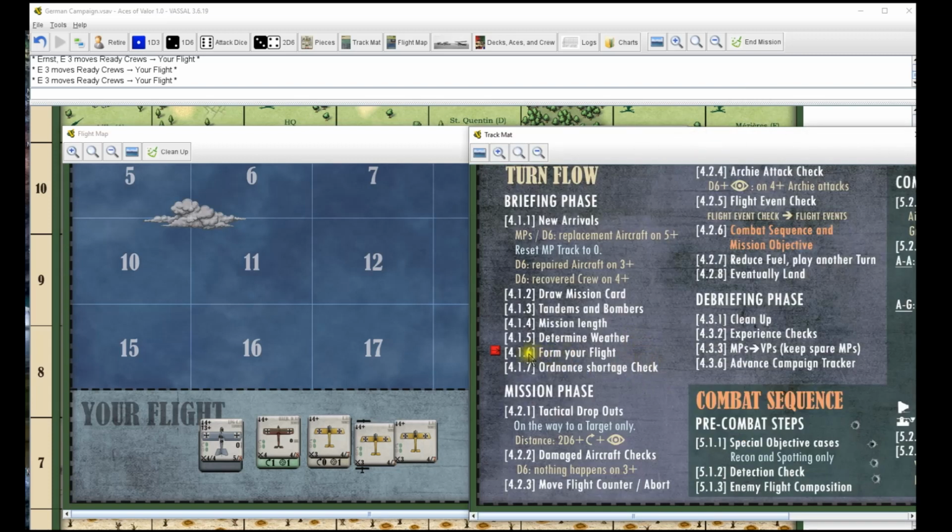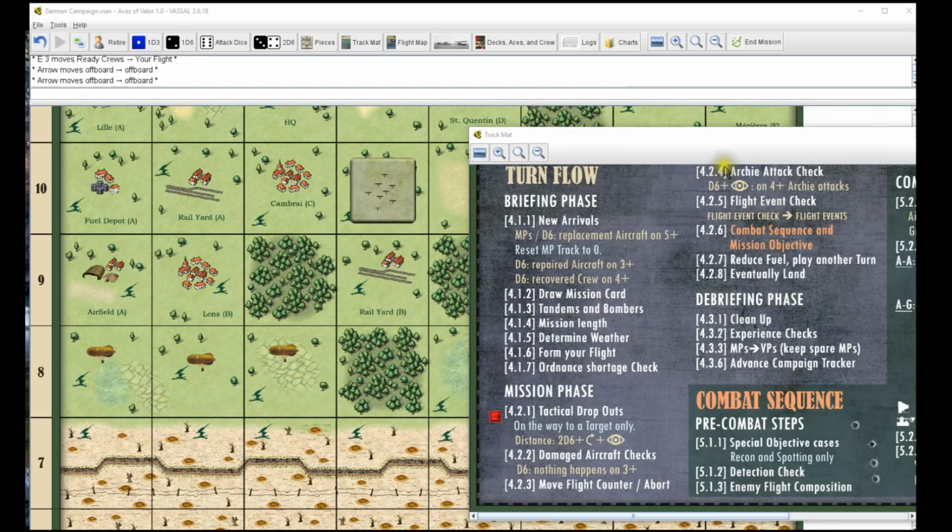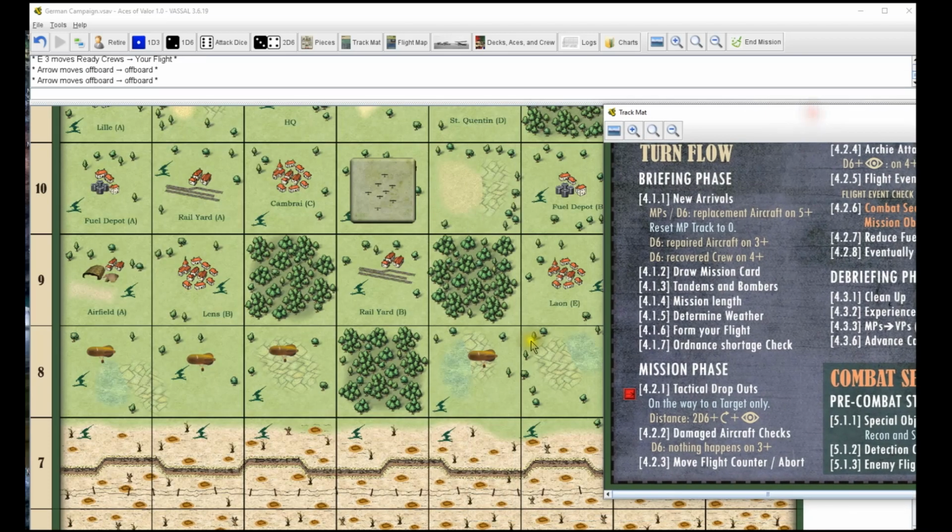Ordnance shortage check. We're not carrying any extra ordnance, so it is going into the mission phase. And as we are first starting out, I'll put this off to the side for right now. We need a random